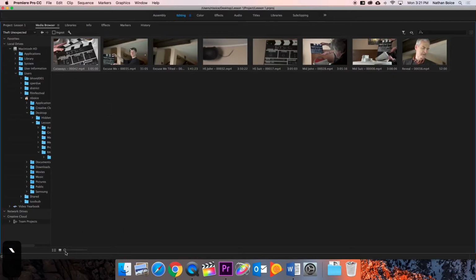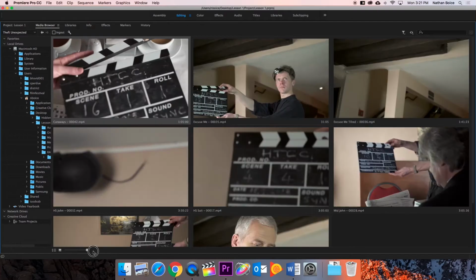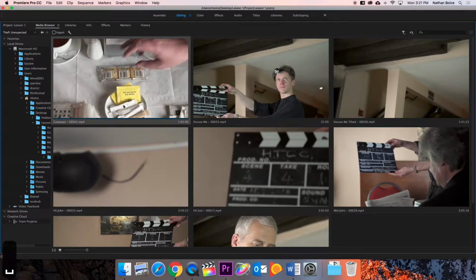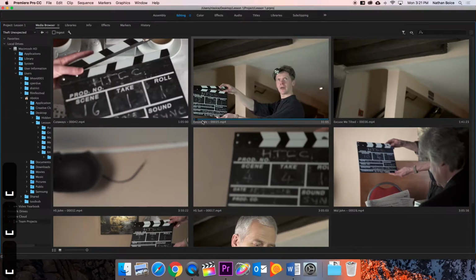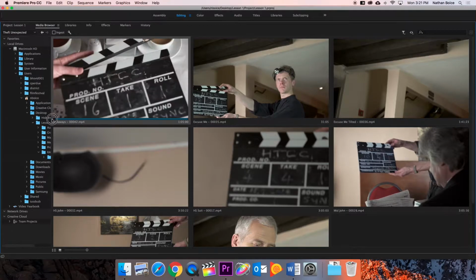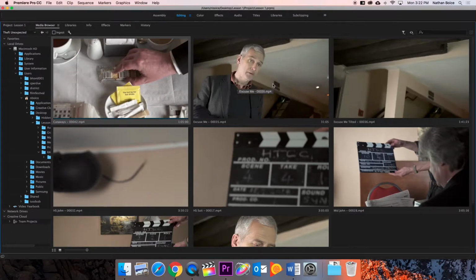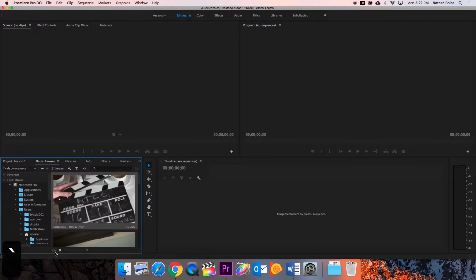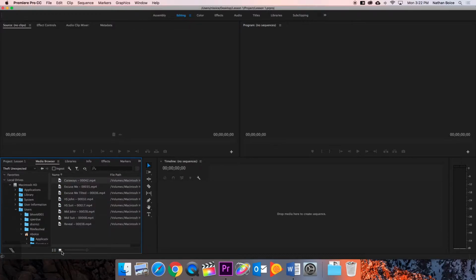So now if I increase the size here, it's easier for me to scrub through these, and I can click on them and hit play, and take a look at what's happening inside each clip. You can see when I click on a clip, you get a playhead here at the bottom. Or I can hover my mouse over them and scrub. For this though, I'm going to keep it in list view